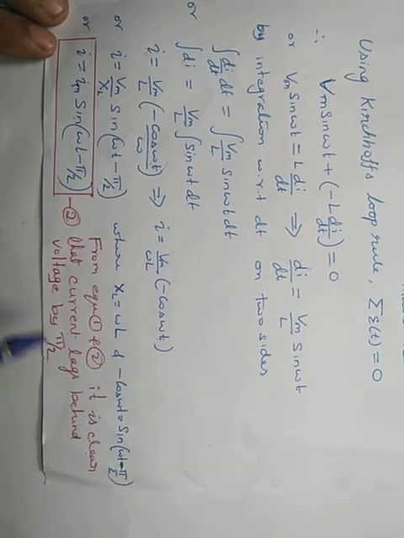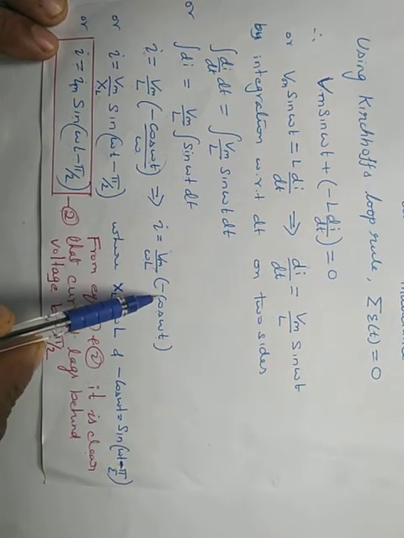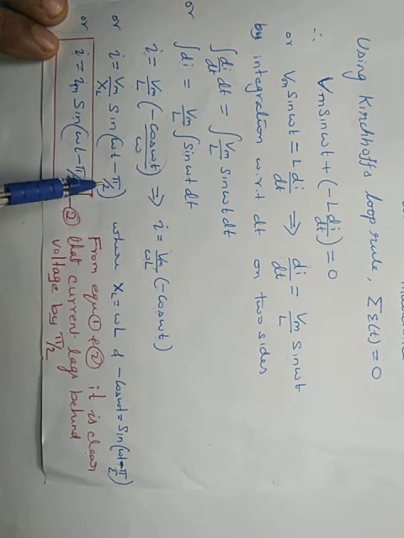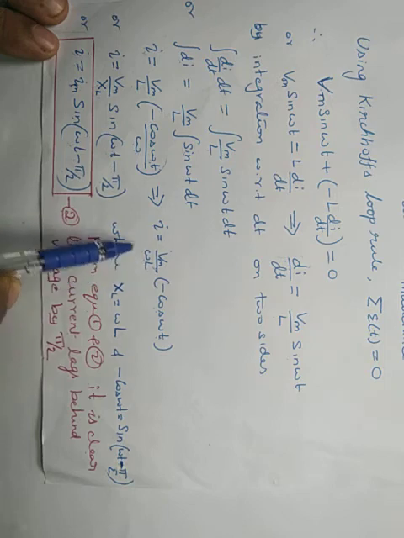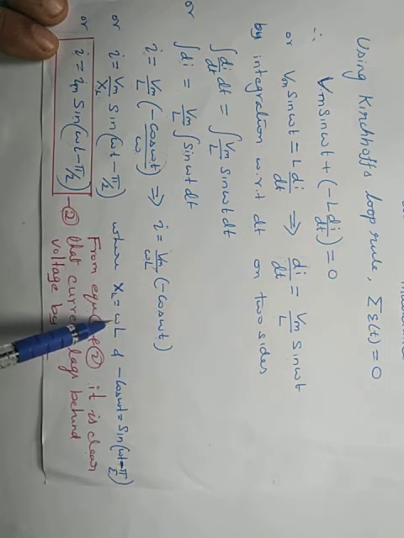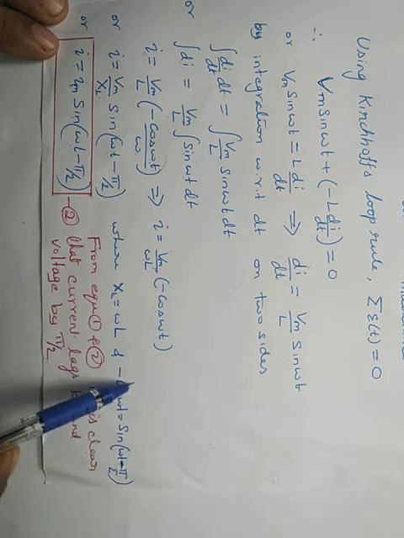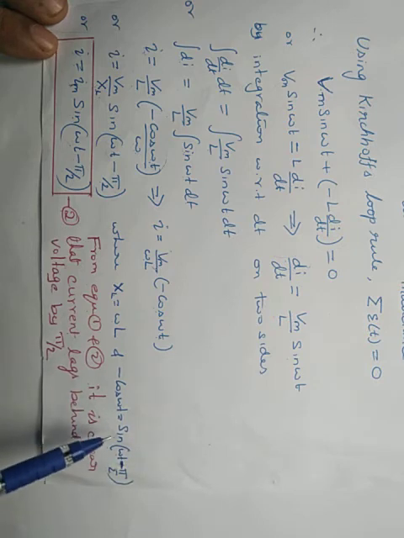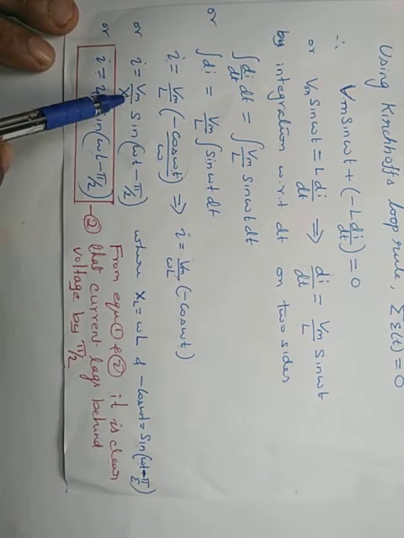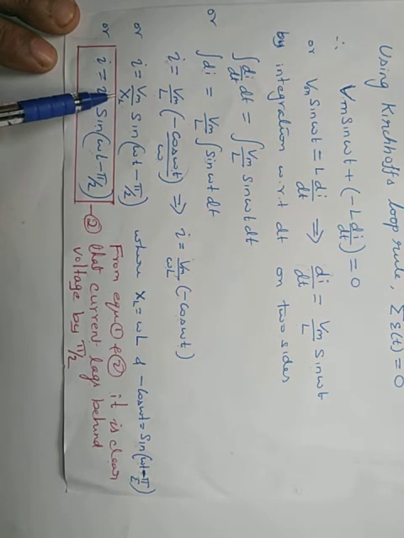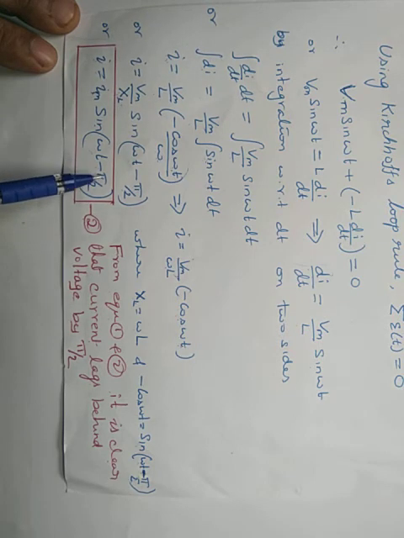Now we have to replace these two terms. Replace minus cos omega t as sin(omega t minus pi by 2). Replace omega L as XL, where XL is called inductive reactance, and you can write minus cos omega t as sin(omega t minus pi by 2) using trigonometric functions. Therefore, using Ohm's law, Vm by XL can be written as Im, voltage by the resistance, we can write it as the current Im into sin(omega t minus pi by 2).